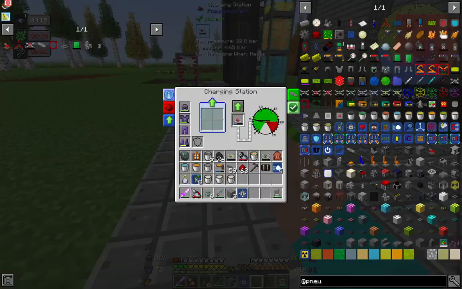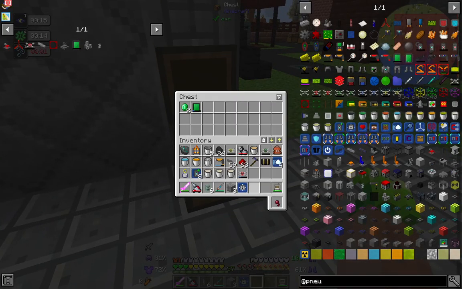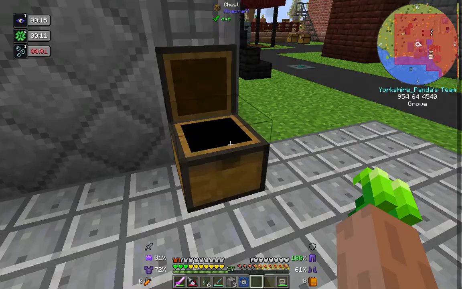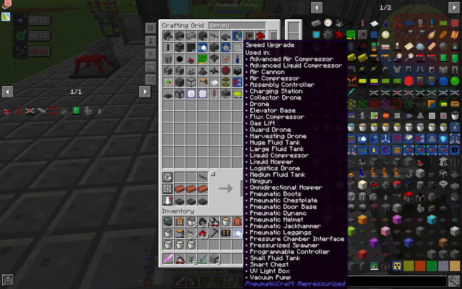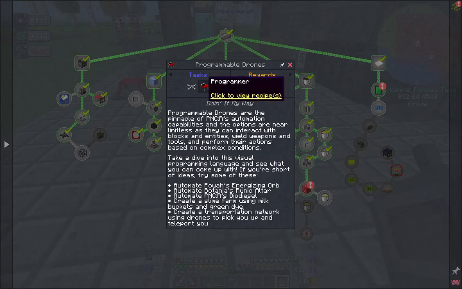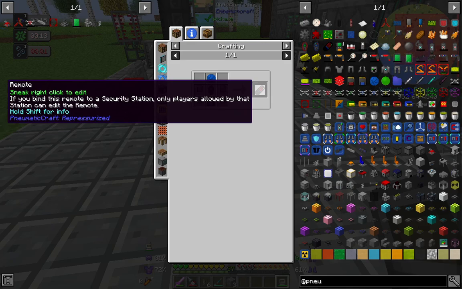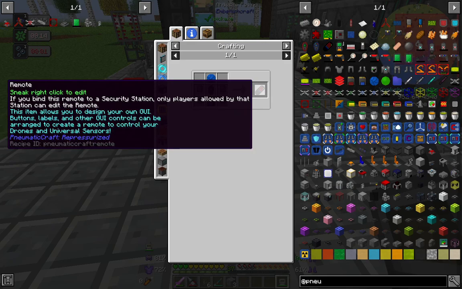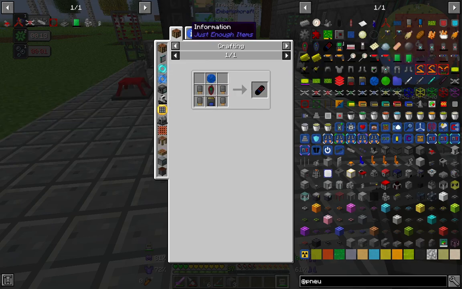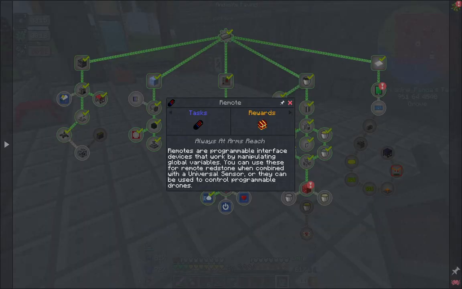But that is how the Amazon tablet works. That is pretty cool for what it does. These are charged up nicely, but don't want to do anything with those just yet. So let's chuck the drones in here. Let's get our upgrades thrown in here as well. And the programmer is what's used to create the programs that our drones follow. And then a remote, so that we can create your own remote control for drones and sensors, which would be good again for automating. But for now, because we're not going to get into drones just yet,